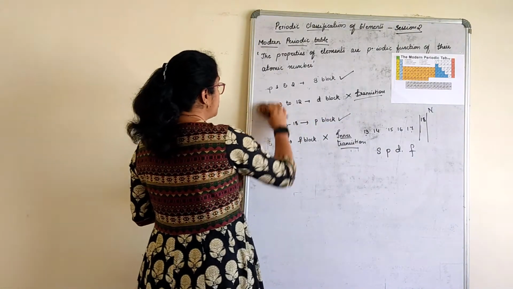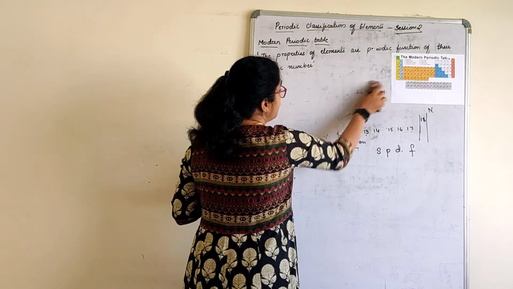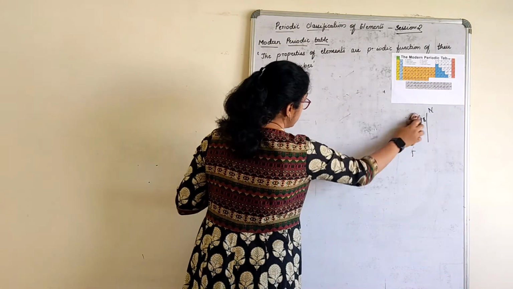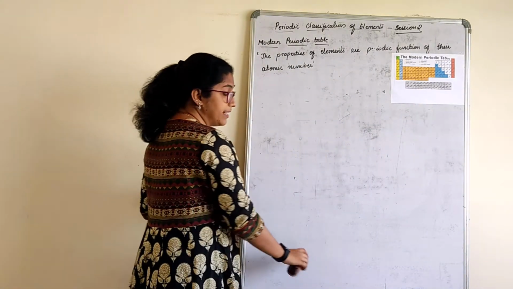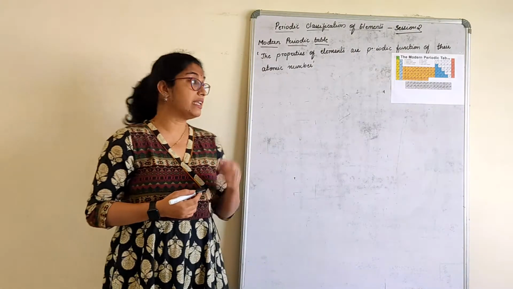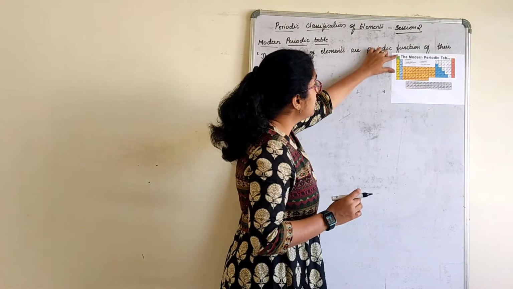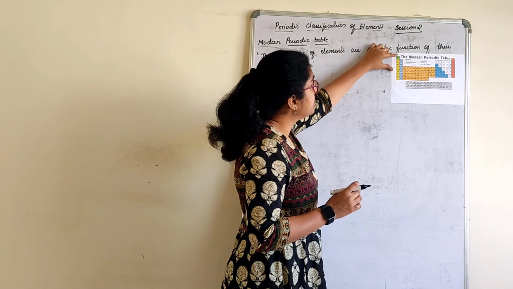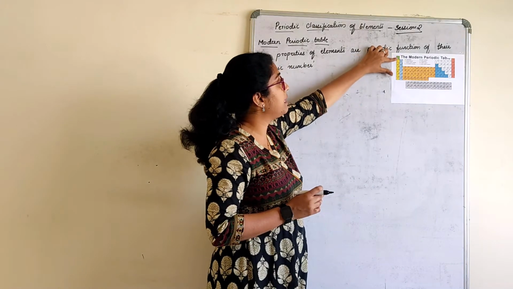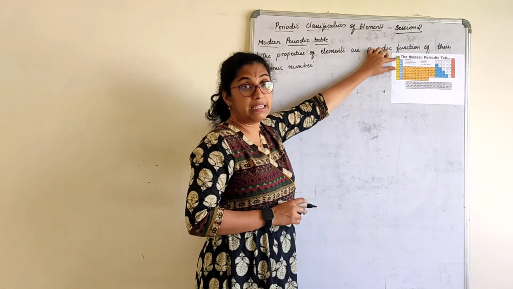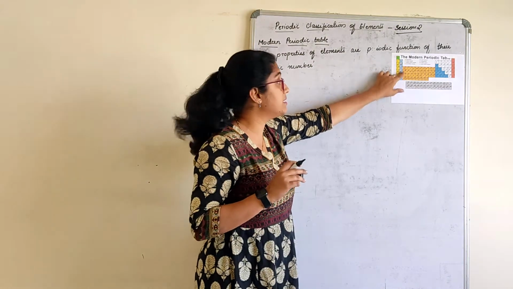Now, the next part what you have to understand here is, what are the group properties and what are the period properties? As we go down the group and across the period, what happens? But before that, let us learn some more things. For example, when we talk about the first element of every group, what are these elements called? I told you the first group elements are called alkali elements. The second group are called alkali earth elements.